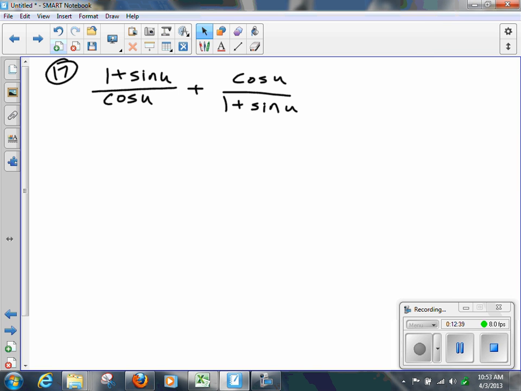Okay, tell me what I have here. I have addition of 2 fractions, right? When I'm adding fractions, what do I have to have? Common denominators. My common denominator, though, is going to be what? The product of those 2 denominators. So I'm going to have cosine, bless you,